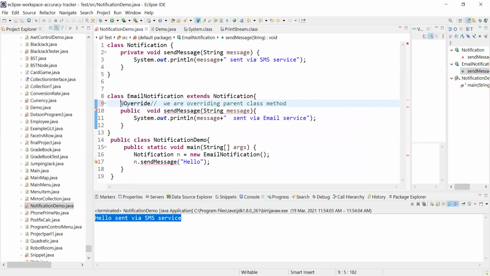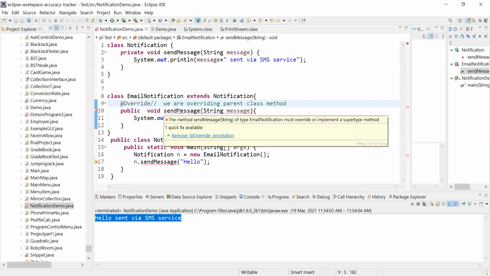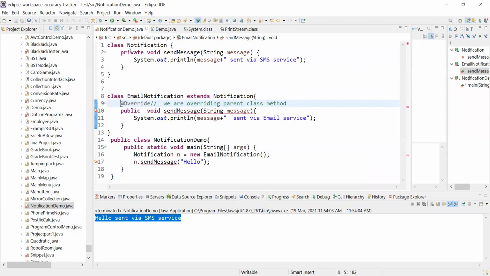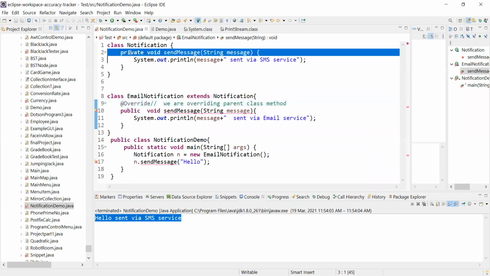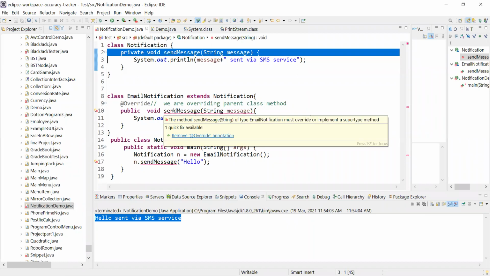They are saying if you want to override, then you need to make it default or protected or public. And if you are doing so, you can see the error message, the method sendMessage(String) of type EmailNotification must override or implement a supertype method.